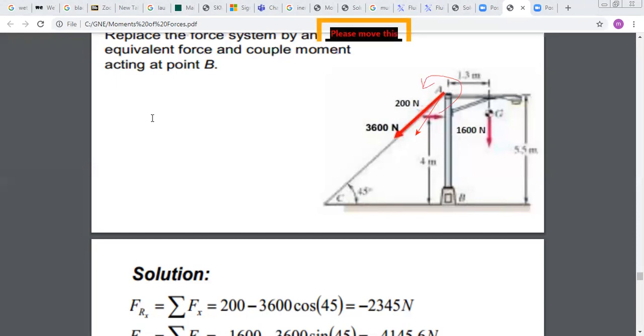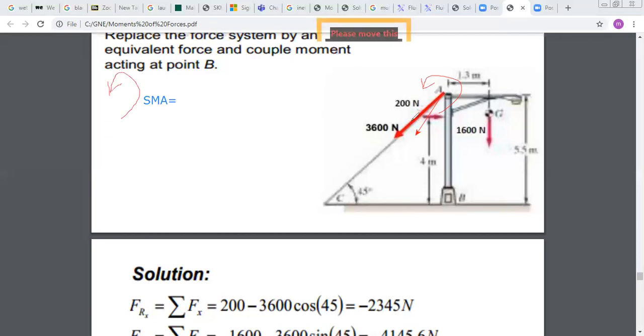What I will do is, I will say sum of moment about A equal to, first, the force of 3,600 Newton will not produce any moment about A because it's passing by A. You still have the 200 Newton force and the 1,600 Newton force. So considering that I choose the counterclockwise as positive,